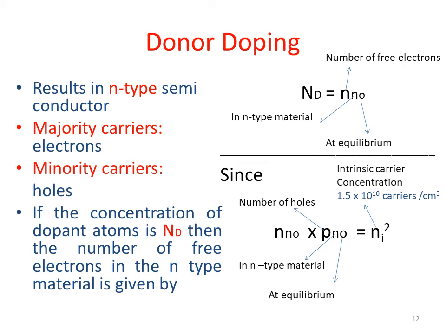Similarly, I said neutrons, it should be protons. Similarly, the number of electrons of antimony are equally balanced by the number of protons inside the nucleus of antimony. All of them are lying together inside the same material, so total electronic charge will be balanced by the total positive charge, resulting in no charge over the n-type material.